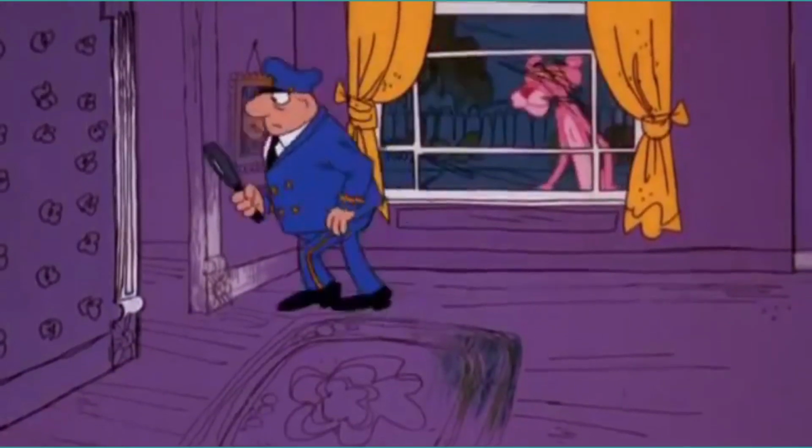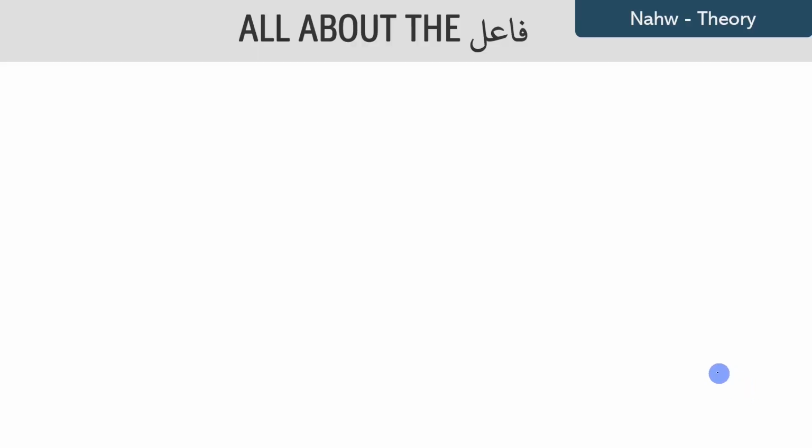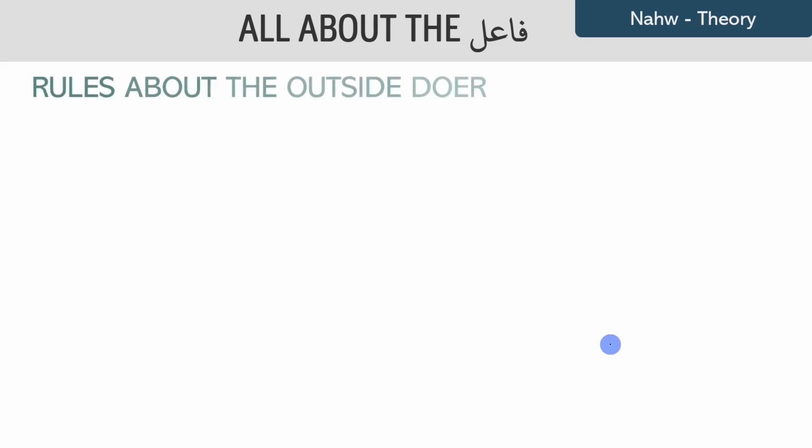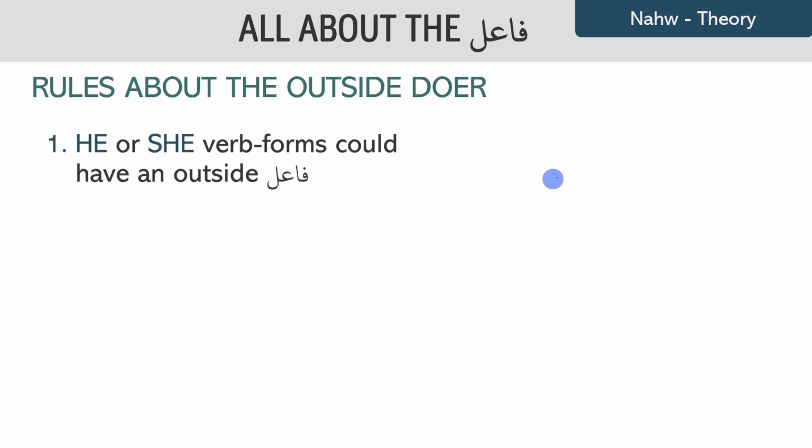So we have learned that there is an inside fa'il in every verb, but sometimes the doer is explicit. So here's all the rules about the outside fa'il. Rule number 1. He or she verb forms could have an outside fa'il. So for example, the verbs fahima, which means he understood, and fahimat, which means she understood. This is the واحد مذكر or واحد مؤنث غائب الصيغة, and it is only these two sighas that could have